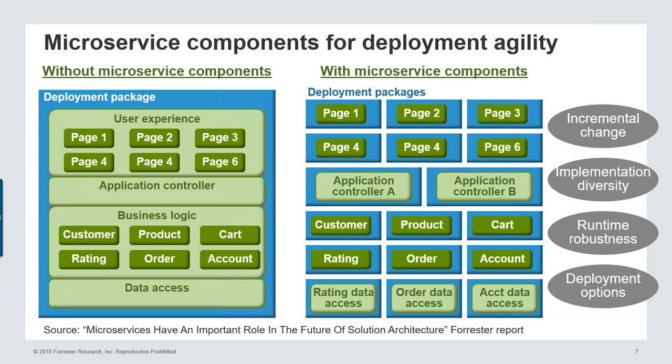So you get implementation diversity, more runtime robustness because individual things can fail, greater range of deployment options so that you can put components on their own individual deployment infrastructure to scale them separately from other microservice components. So a lot of value that comes with microservices, which feeds into DevOps agility in that the more that you are